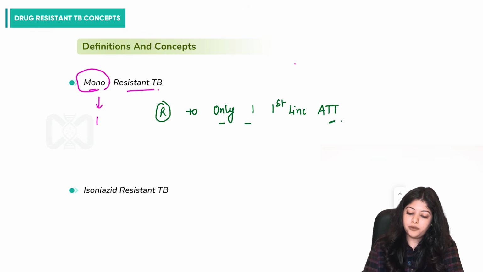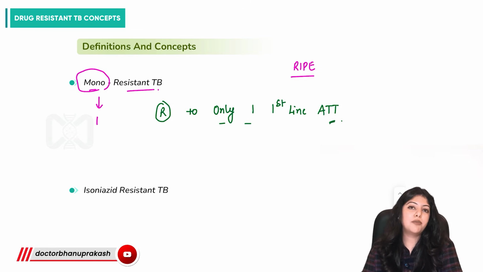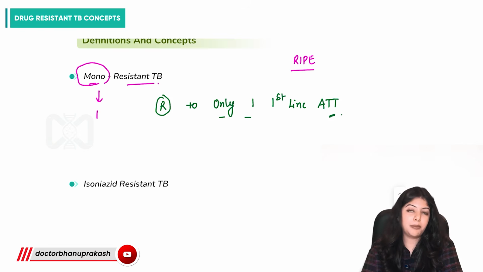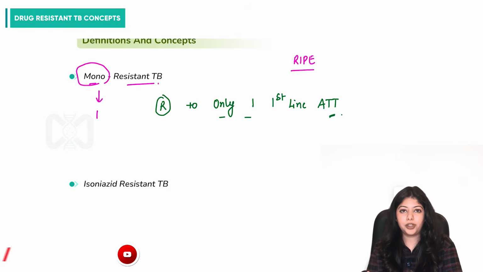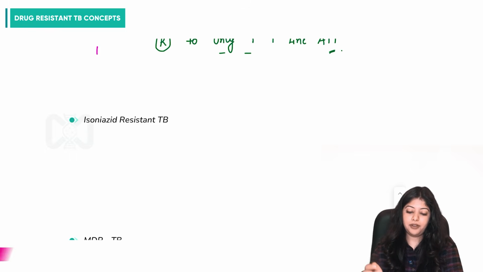We have a mnemonic for this. It is RIPE, which includes rifampicin, isoniazid, pyrazinamide, and ethambutol. So, there is going to be resistance to only one first-line anti-tubercular drug. That is very important. Now, coming to the second definition, which is